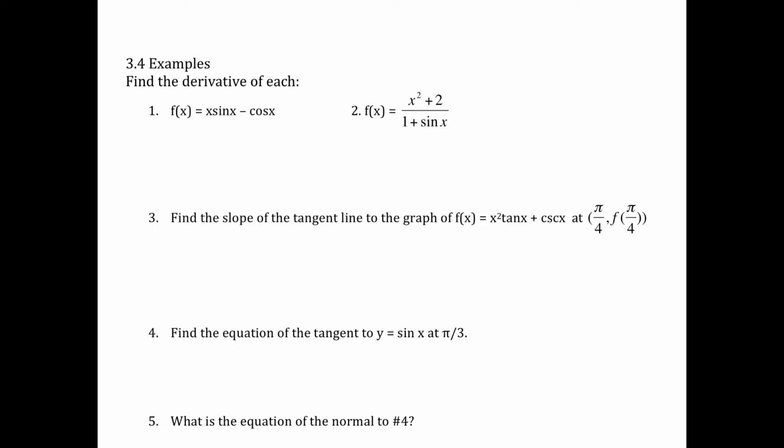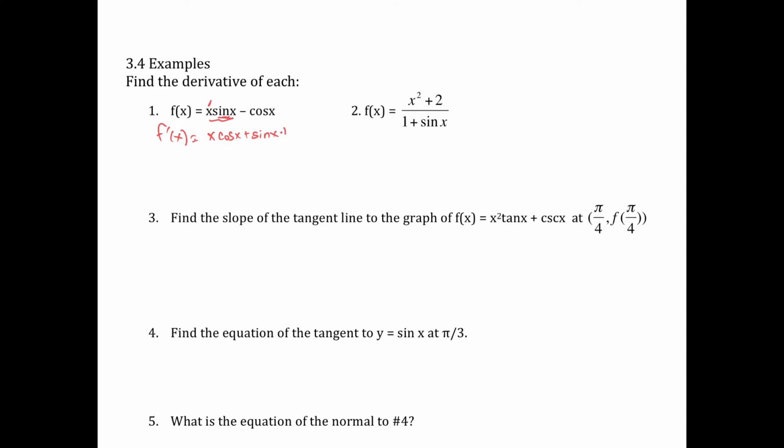All right, for number 1, it says find the derivative of each. So we are going to take the derivative, f prime of x equals, look what I got to do here. I got to do a product rule. So this is going to be first times the derivative of the second, which is the derivative of sine x, which would be cosine x, plus the second, which is sine x, times the derivative of this guy, which is